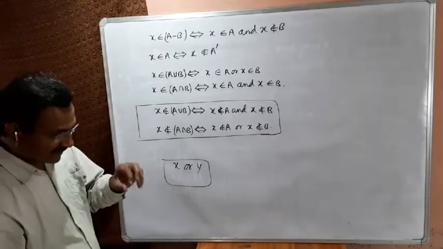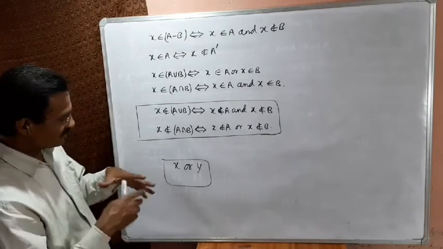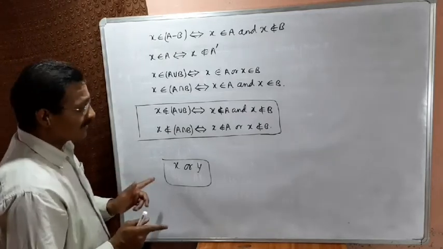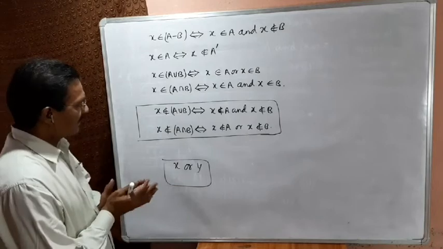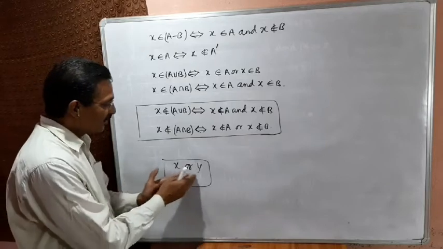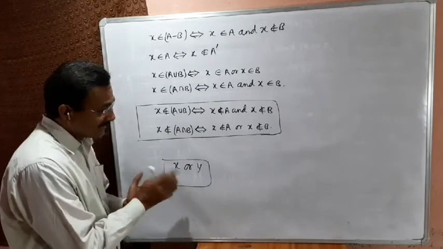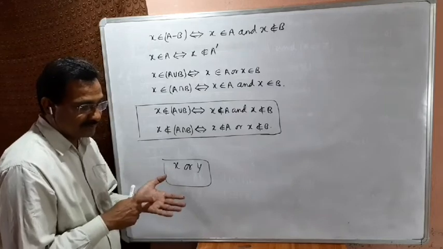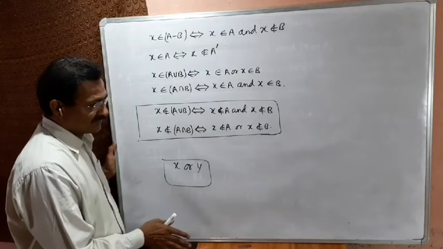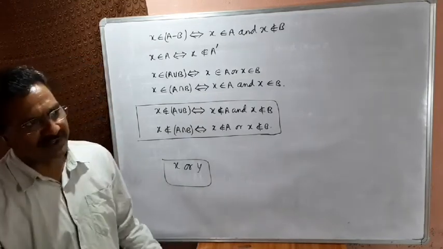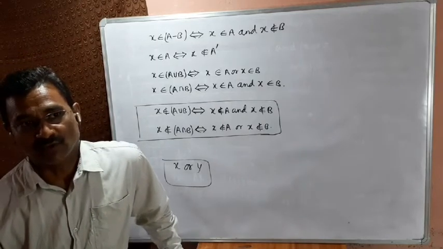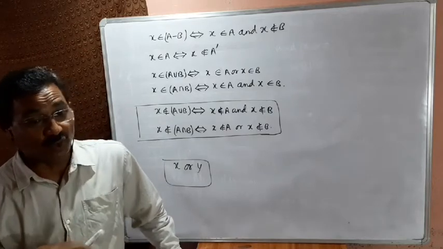Now consider if our work is not to be done, then what should be required? Then there should be such a phenomenon that neither x happens nor y happens, because if either of these two happens, then that work will be performed. But I am saying the work should not be performed, then certainly neither x happens nor y happens. Literally, in English, the negation of either-or is neither-nor. Means neither this nor that.